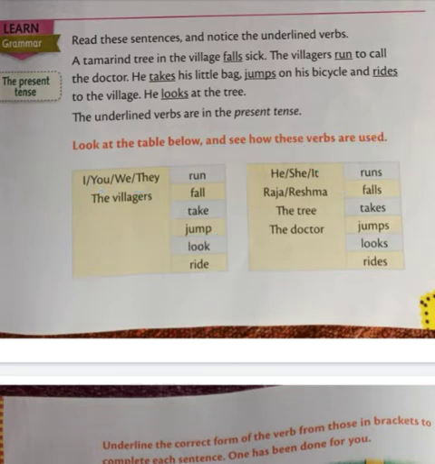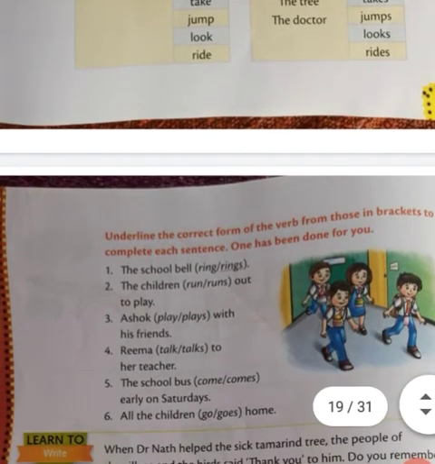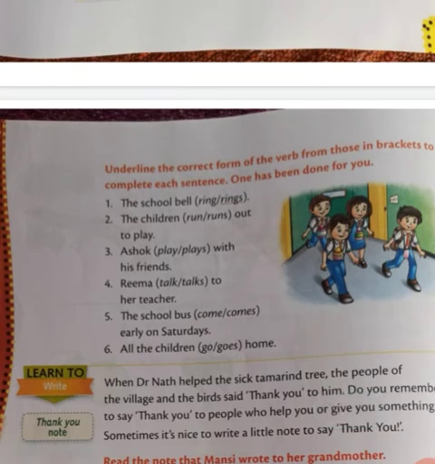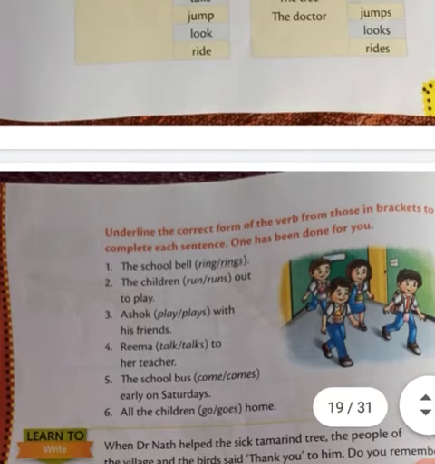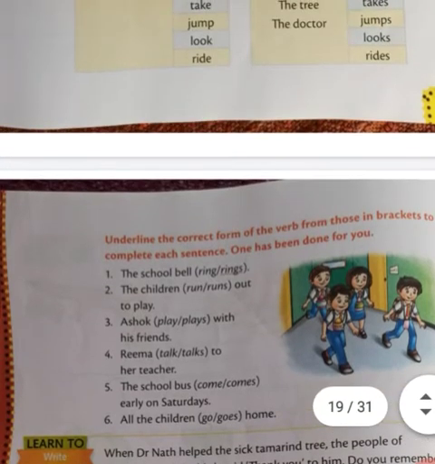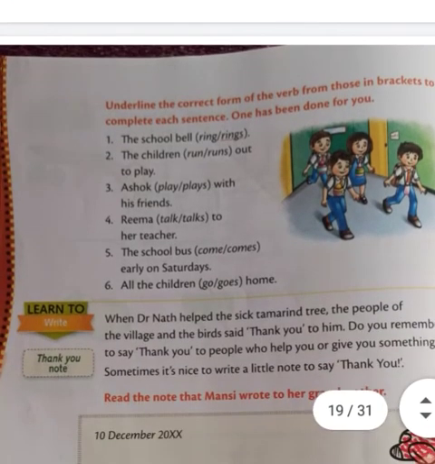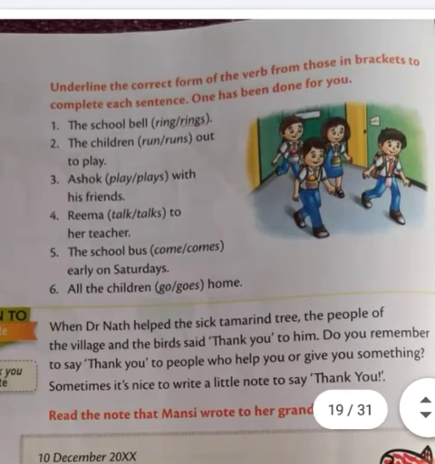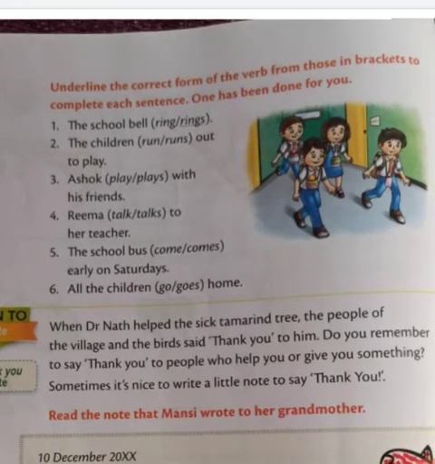So this fact you have to understand here: addition s and without s. Where will we use the addition s? With the subject when the subject is he, she or it, or a singular noun, we will use s with the verb. Got it? And if there is a plural subject, we will not add s.